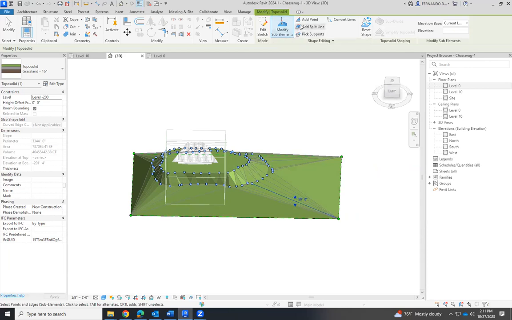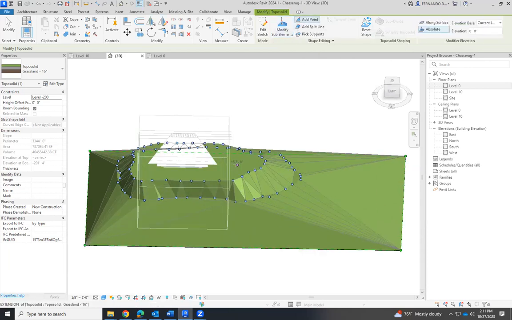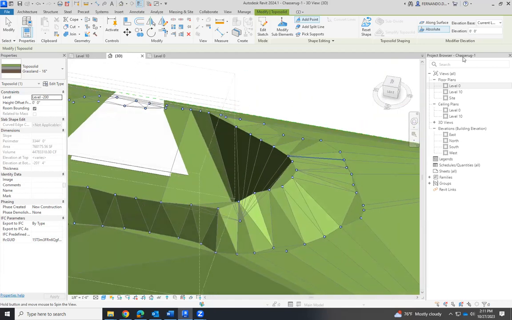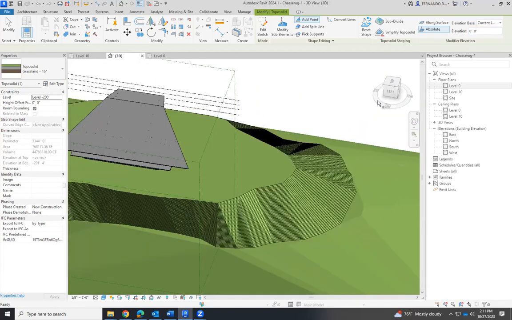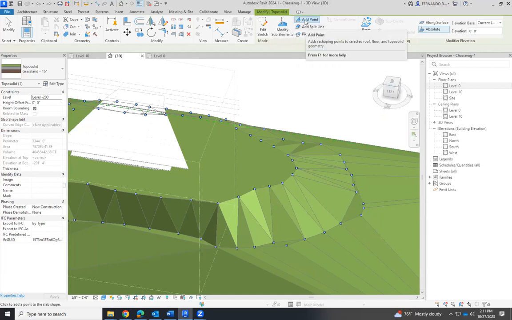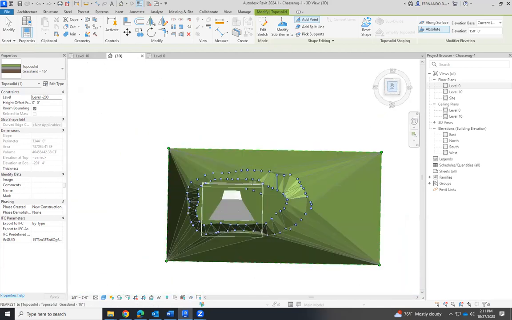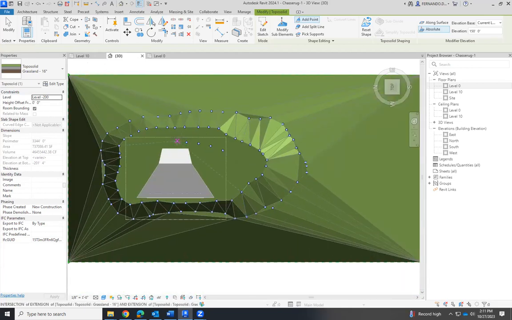I can keep adding points, but if I do this, whoop, I have created this hole because the elevation is 0. So I have to make sure that when I keep adding points, the absolute elevation is 150, because that's the elevation that I have in this plateau. I'm going to keep working with this.